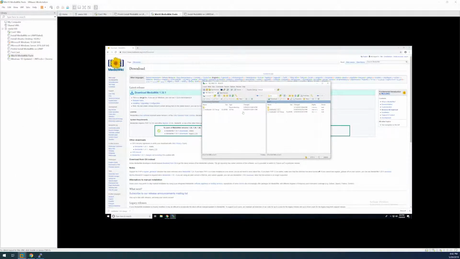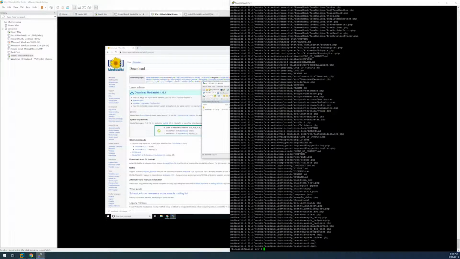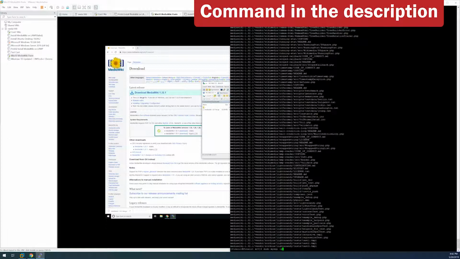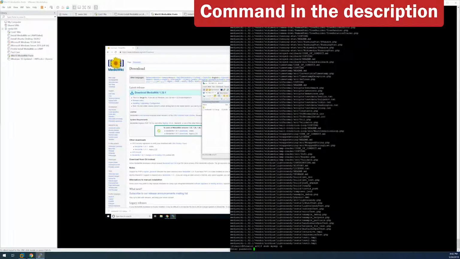The next thing we need to do is prep our server up. So let's go back to our terminal session over here. And we are going to open up a MySQL session. So we'll copy this next command in there. These are available in the description. This one is sudo mysql